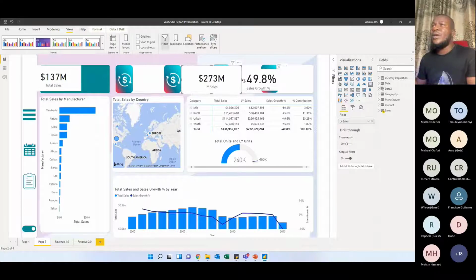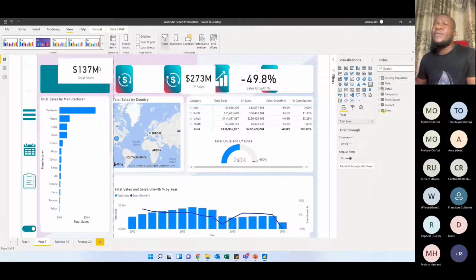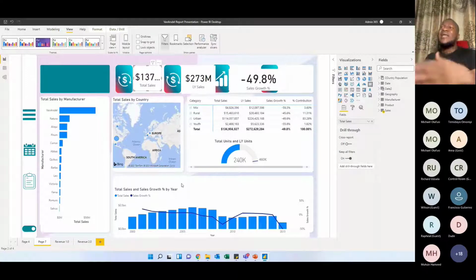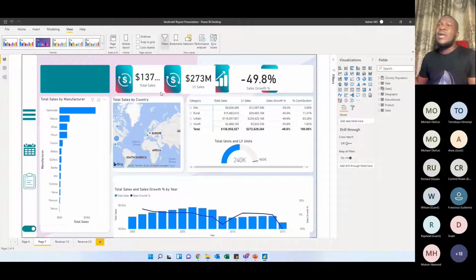Of course, it's still looking very ugly right now. So this is just me, all of this is really just easy work. So this is just me aligning the visuals. Now the next thing I want to do is to use my themes to control the color. So instead of going one after the other to try to change all of this to fit a particular theme or this color that I've preset,